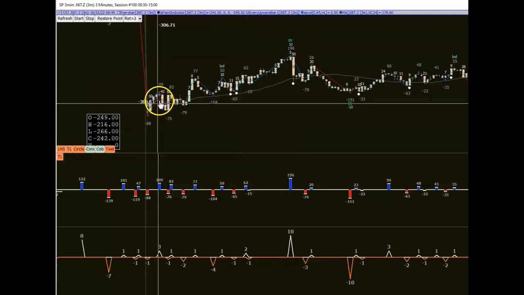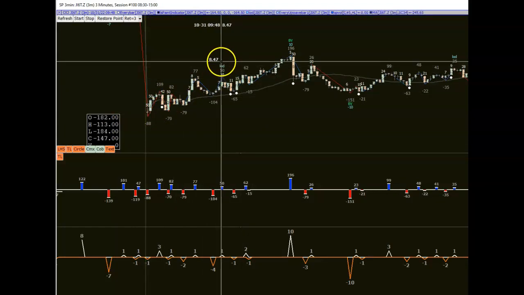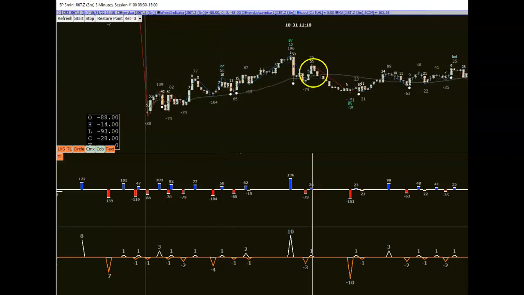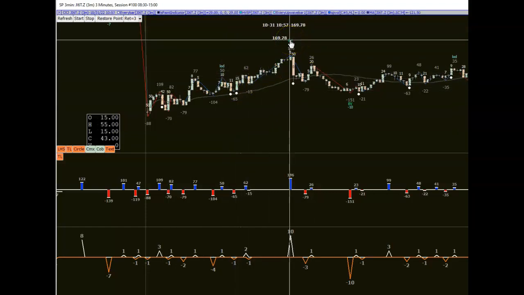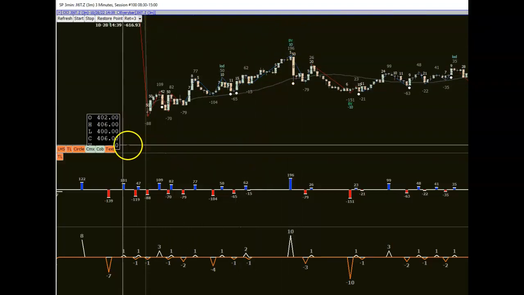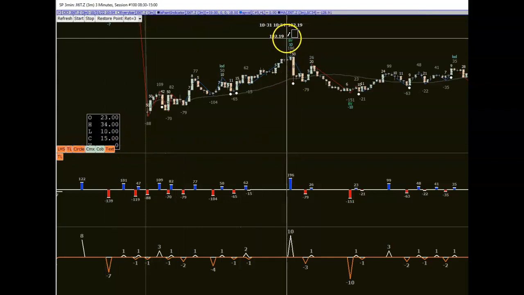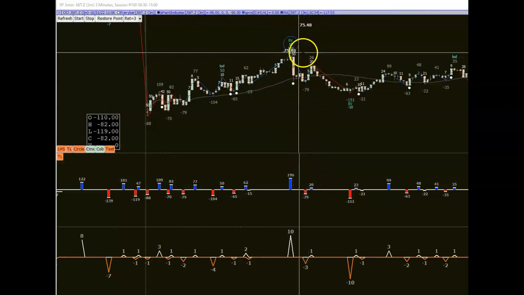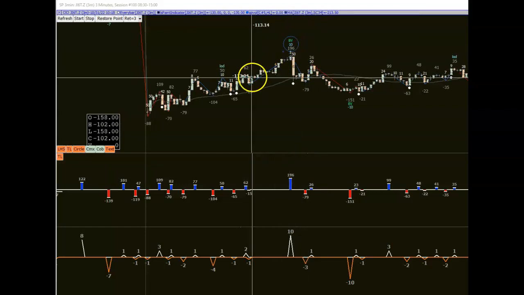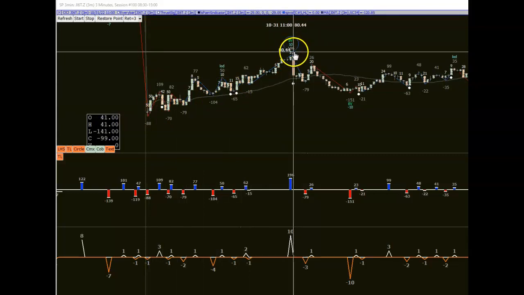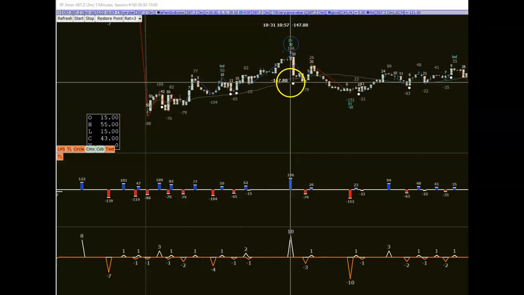So in this case here, it goes up, up, up. You get some lack of demand here, but do you have supply? No, unconfirmed. Keeps going up. What happens? Climactic behavior, right there. That is the presence of supply. How do you know it's the presence of supply? Why the hell would 196 come up here when it could come at the bottom? Obviously supply, and confirmed by the heavy drop afterwards.